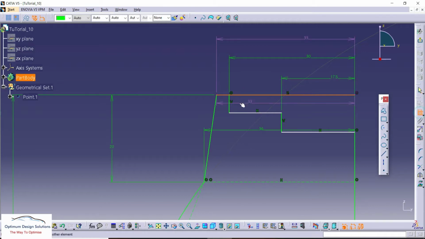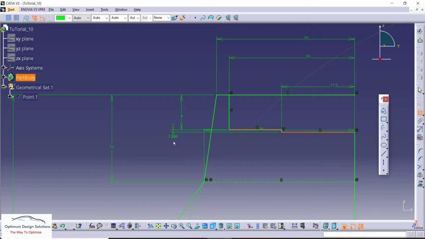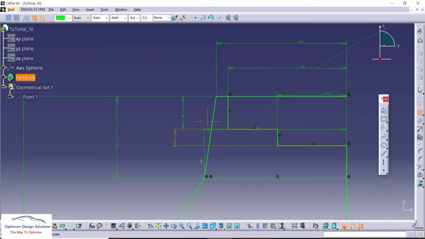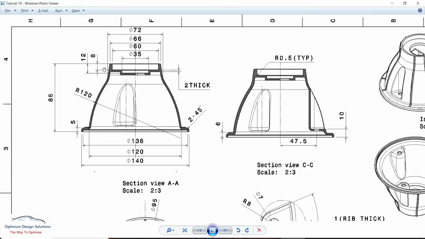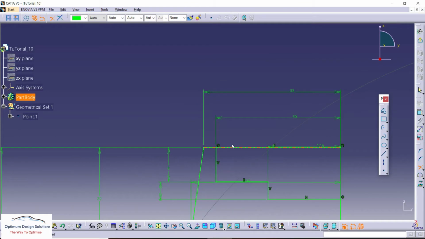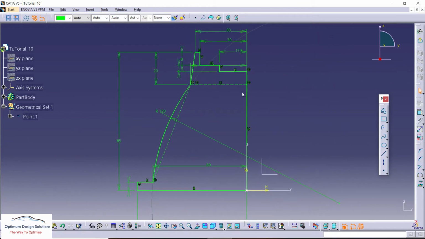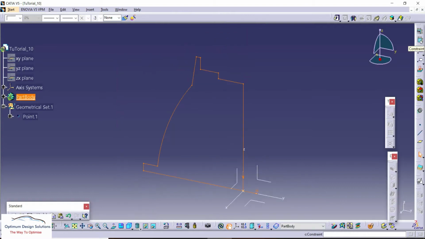From the top, the dimension is 8 mm, and this is 4 mm. We'll once again check from the drawing, 8 and 12, it means 4. Here our sketch gets iso-constrained, so we can go for the revolve command.